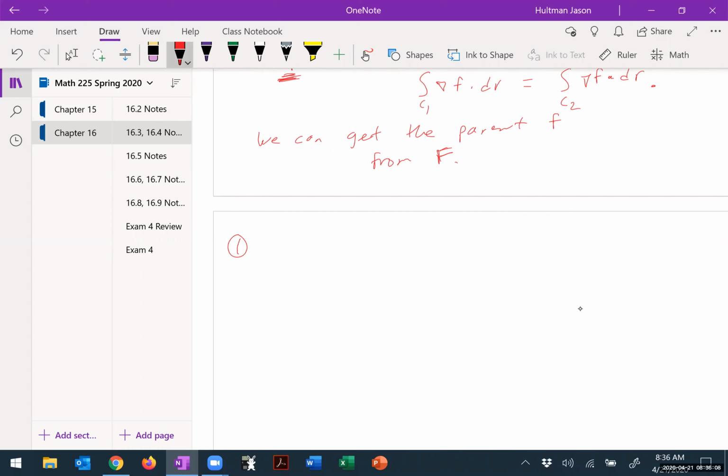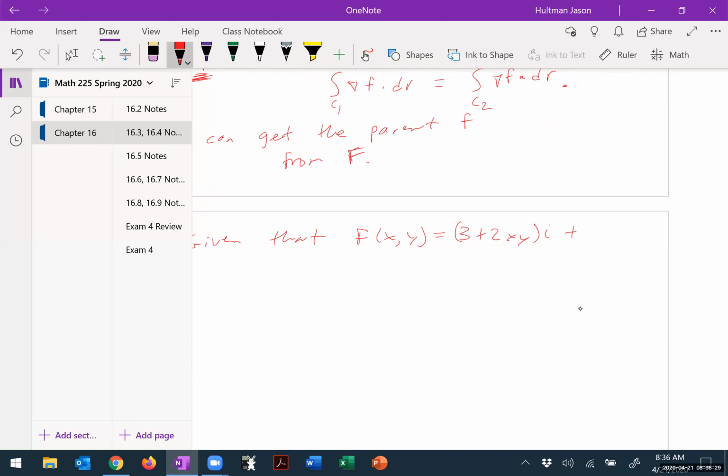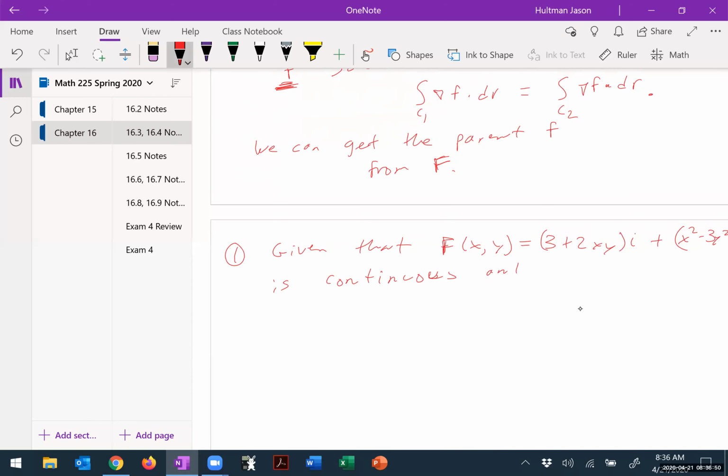Let's do number 1 here. Okay, given that F(x,y) equals (3 + 2xy) i plus (x squared minus 3y squared) j is continuous, and independent of path,